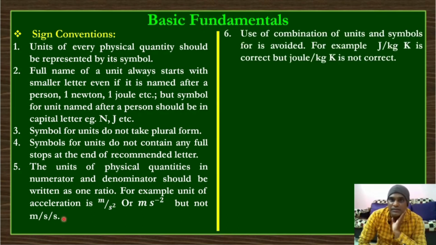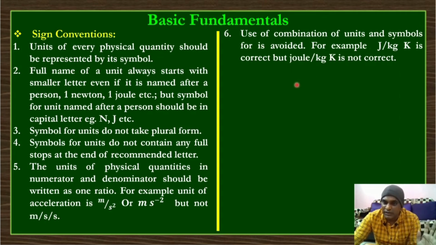Now, in the case of derived units, which are a combination of more than one fundamental unit, we should avoid mixing the unit name and its symbol. Like here, the unit joule per kg per Kelvin: if only J is there, then joule with a small j is accepted, but it is not the only one here. In combination with that, kg and K are there. So joule is written completely while kg and K symbols are used. This combination is not accepted.